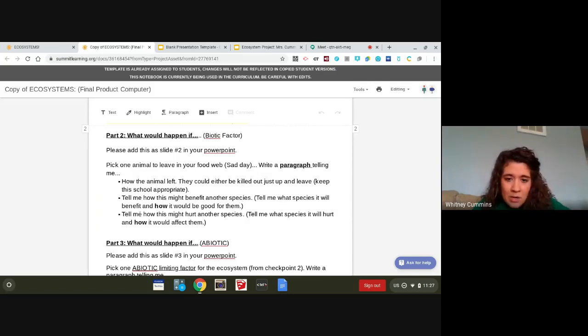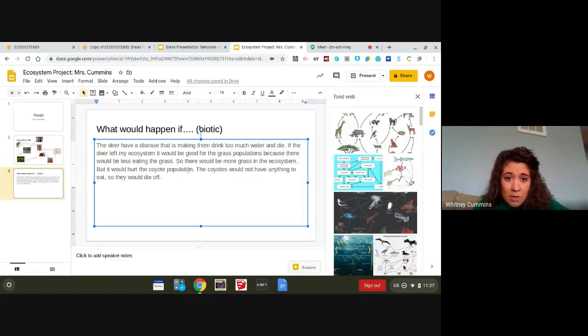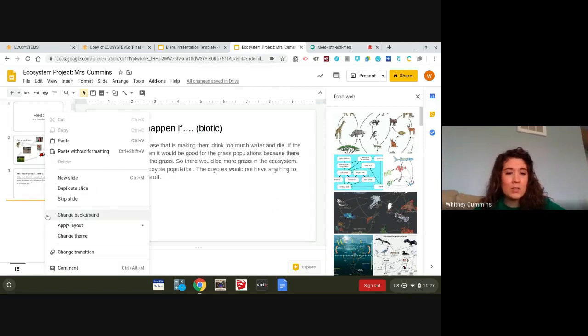Awesome. Let me know how this might hurt another species and tell me how it would affect them. It would be bad. We talked about it would be bad for the coyote population, but it tells me why it's bad. They would have nothing to eat. Okay, that is all I need for that second checkpoint. Okay, I keep calling them checkpoints, that second slide. Now, if you want to put color behind these slides, I'm okay with it. That's totally up to you, but we are going to need another slide in here for